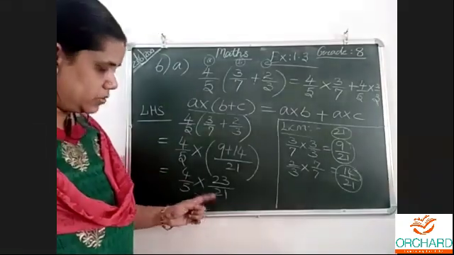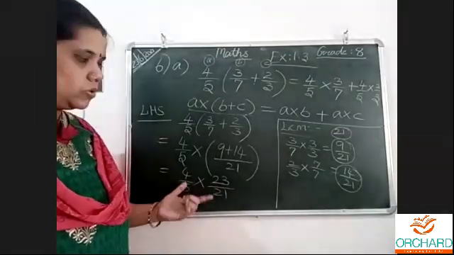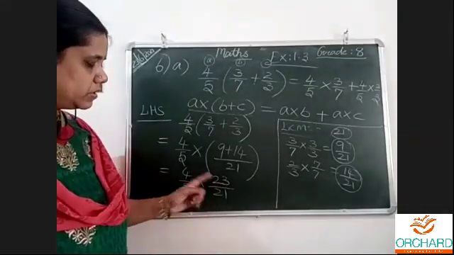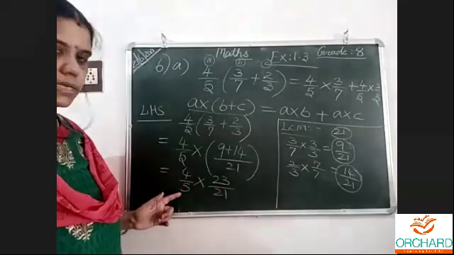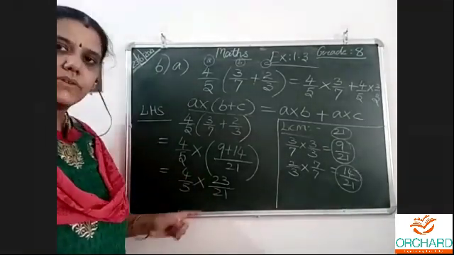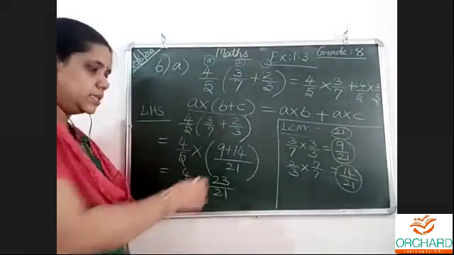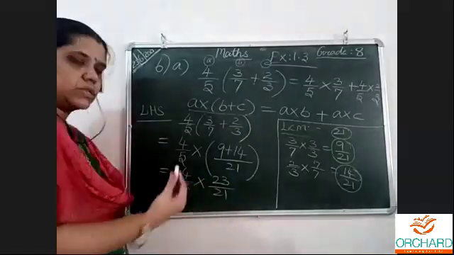4 and 21? No. This is even, this is odd. 5 and 23, can I do? No, 23 is a prime number. It will not come in any table. So 23 and 5 is not possible. No cancellation is possible. If we were able to do it, I would do it. But 4 and 21 will not go. These both also will not go.